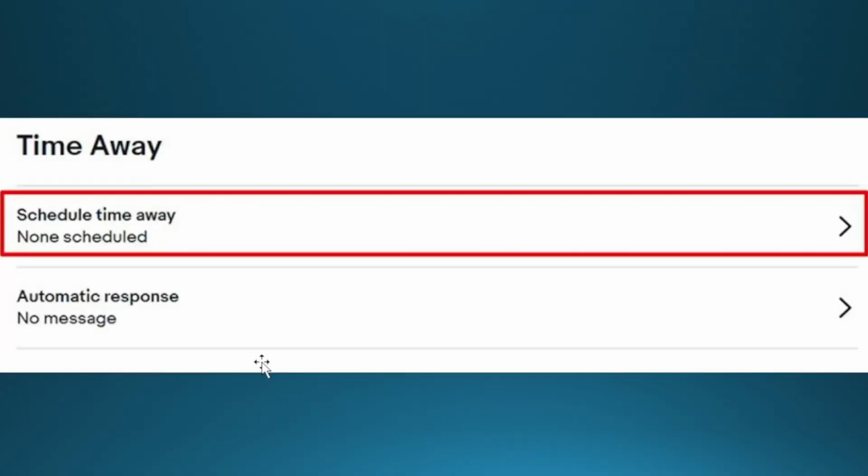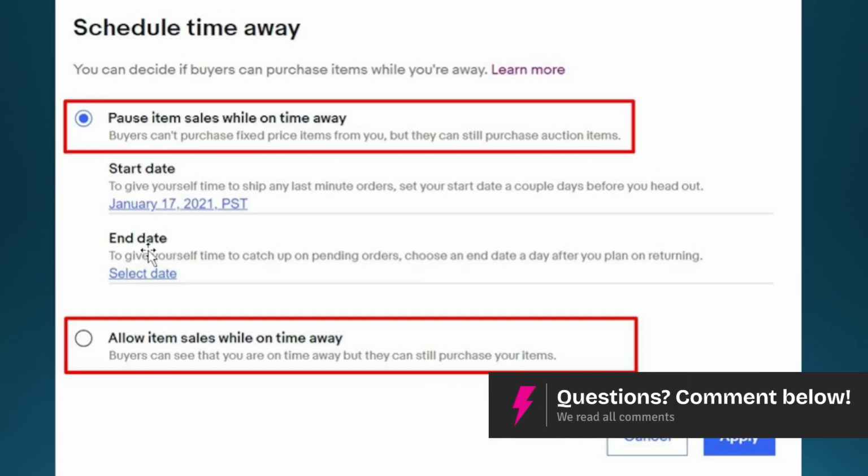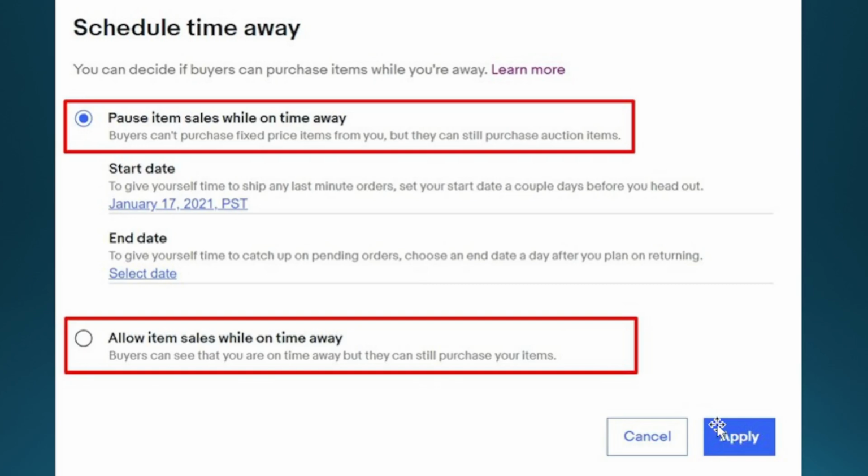Okay, just need to click on this option right here, and then what I need you to do is select Allow item sales or Pause item sales while on time away. You just need to set a start date and an end date for your time away. Okay, set the start date and end date, and then all you need to do is come here and select